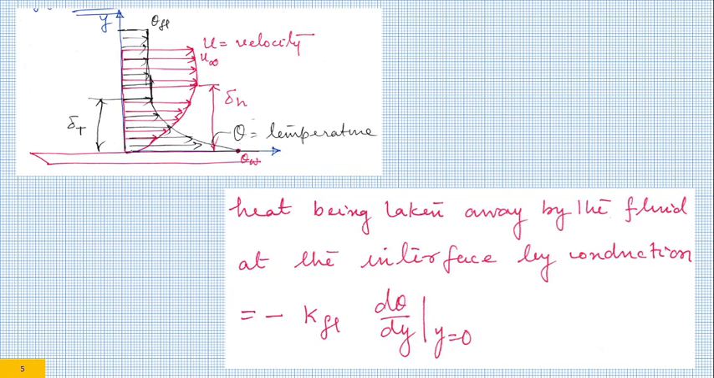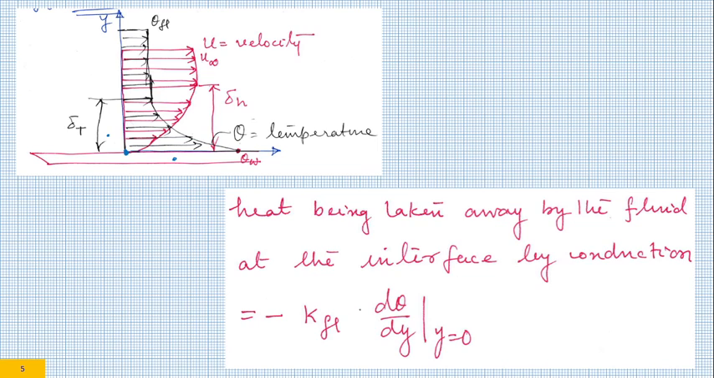Now, at this particular point, what is the velocity of the fluid? Velocity of the fluid is 0. That means exactly at the atomic interface between the plate and the fluid, the fluid is stagnant. And because the fluid is stagnant, the basic physics of heat transfer is conduction from the hot plate to the static layer of fluid, the layer which is exactly adjacent to the hot